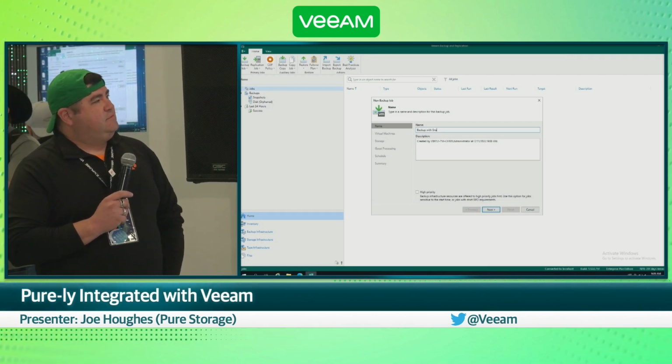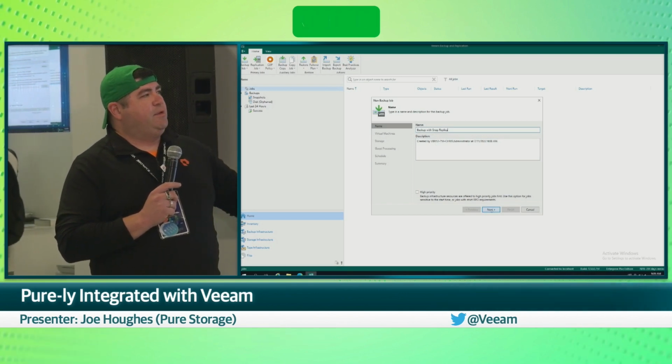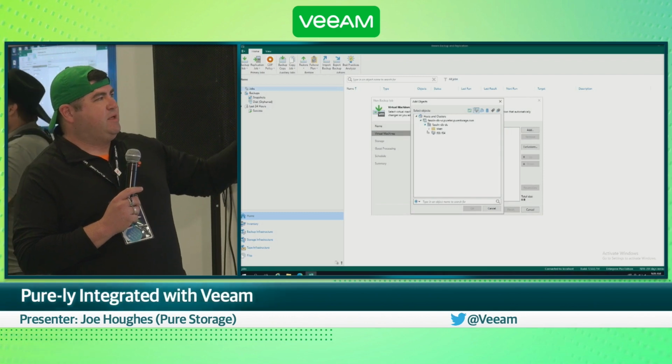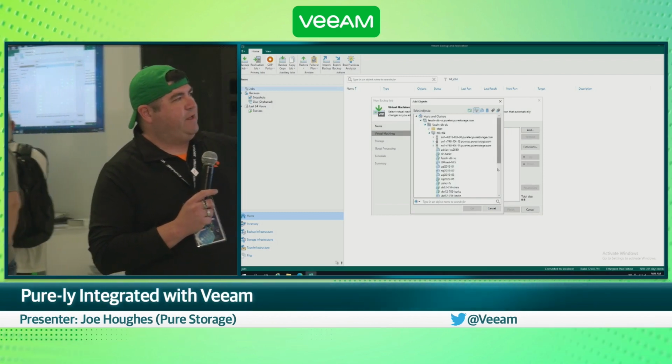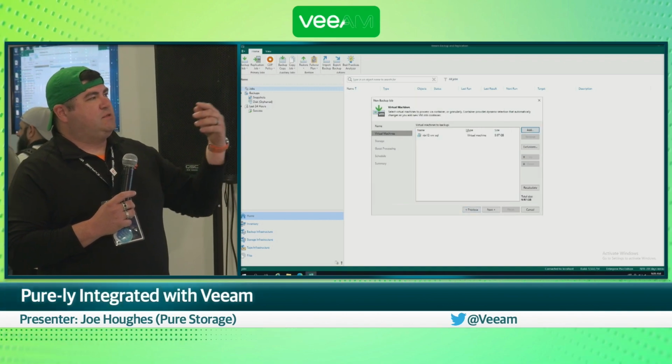So lots of fun typing, which I love having to do in demos. But what we're going to do with this is we're going to go through and pick our virtual machine that lives on that same volume that we just put into that protection group. So we're going to scroll down, find our SQL server in here. Once we have this in the backup job and we've targeted this, we're going to flip over to the next